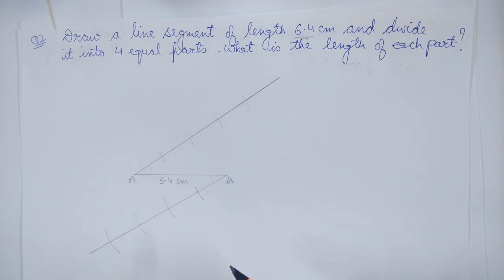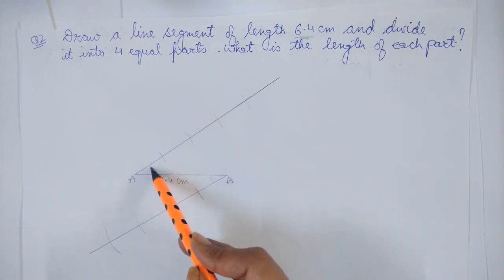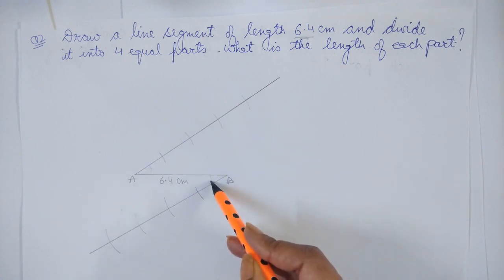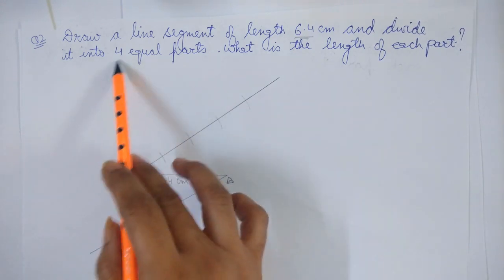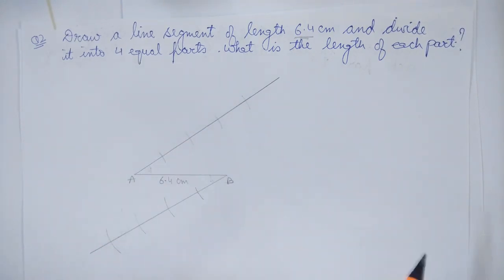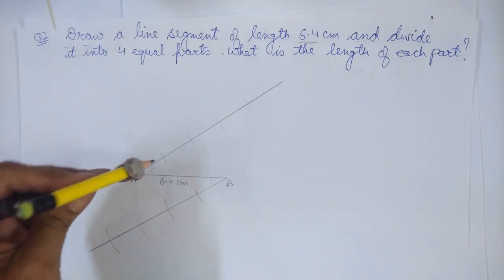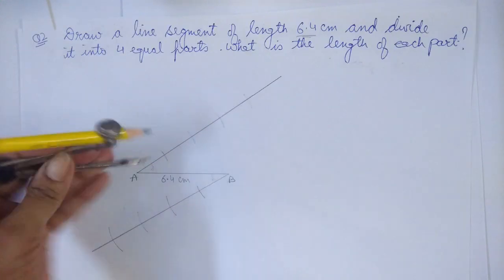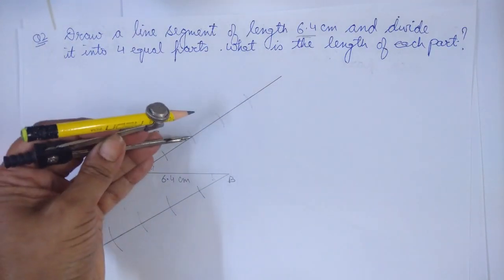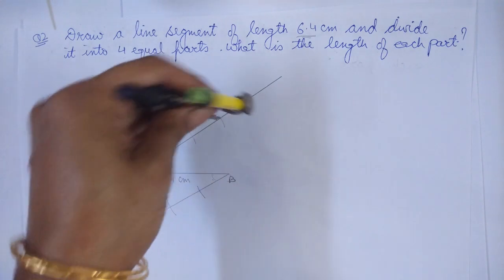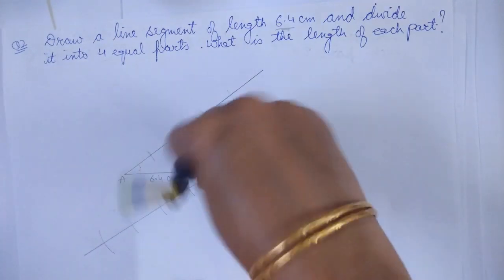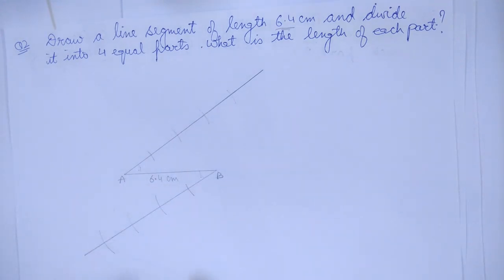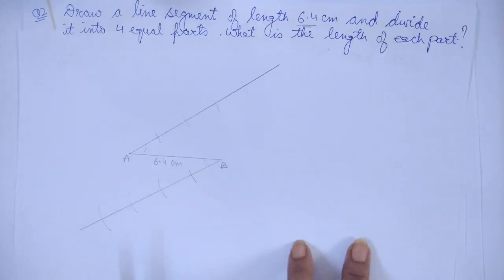So for this you will use the D. If this is 60 degree, then this also you will make 60 degree. And same with 30 degree. And divide it into 4 equal parts. So what we will do with the compass, same concept. You will keep the compass over here with the same measurement like this. You will draw 4 arcs, 4 divisions. Now keep the measurement same, and from point B again you will draw 4 arcs. The measurement should remain the same.